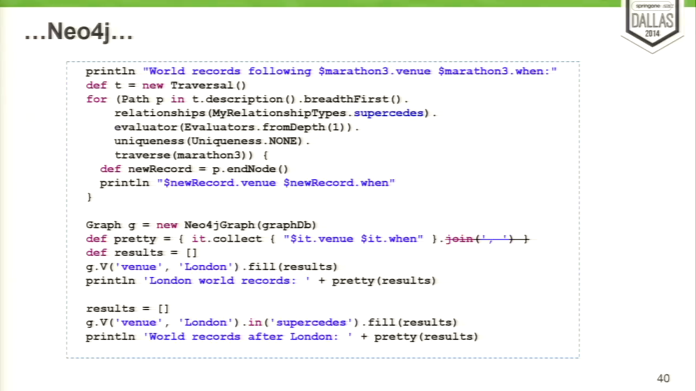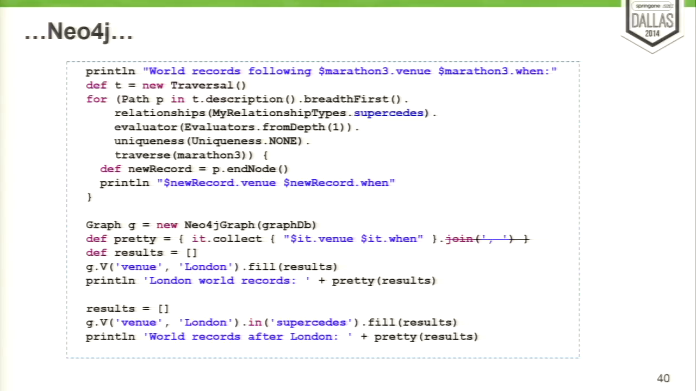The last thing I'm going to show you, or almost last thing, is there's a thing called Gremlin, which gives you a more compact syntax. So instead of seeing all of this stuff, you can just see edges and vertices with V's and E's and things like that in a nice little compact syntax. So here we can just say, give me the ones where the venue was London and fill in this set of results here. And here's the ones where the venue in London supersedes,